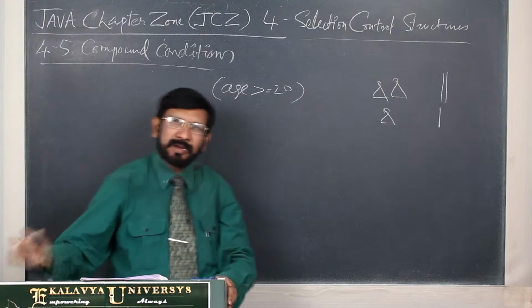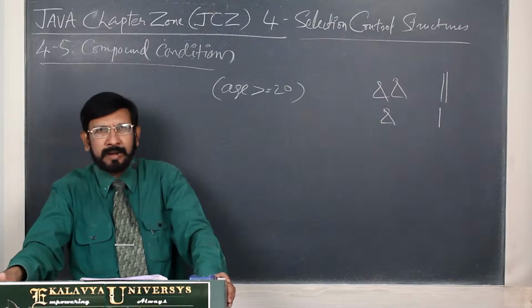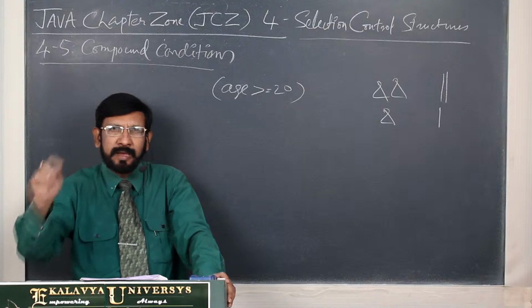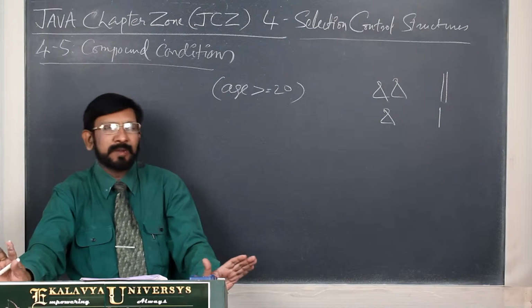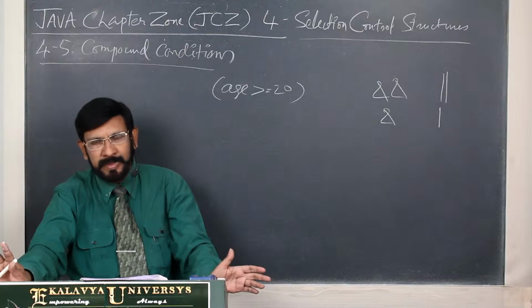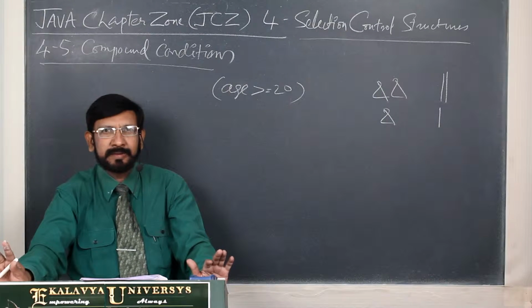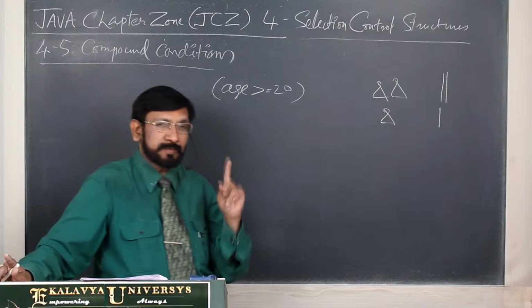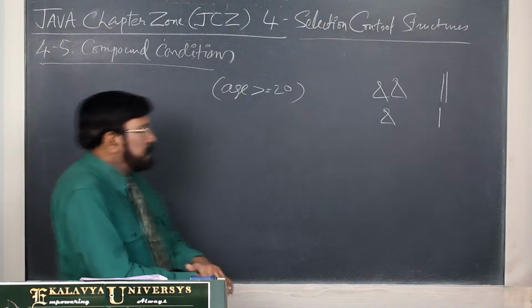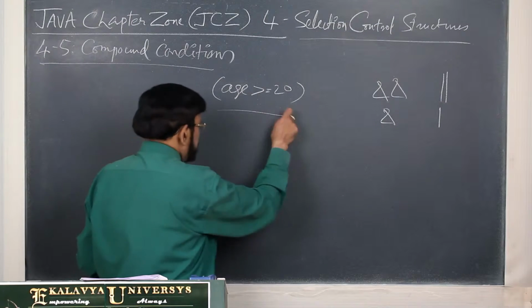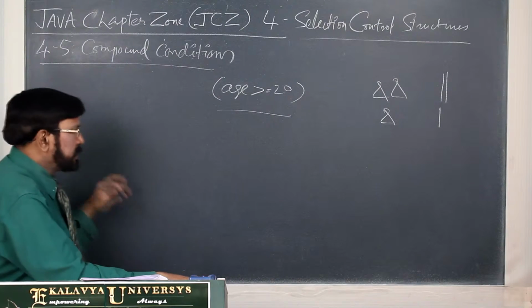All logical errors and runtime errors are like having a poisonous snake in your home. When it bites, you do not know. It may bite, may not bite. So that's why always be careful while writing these statements. So here I give you two examples of how we have to write them.